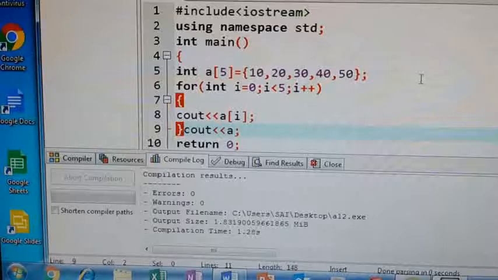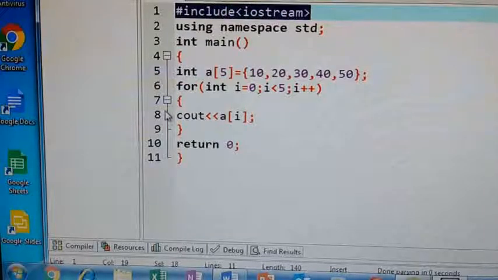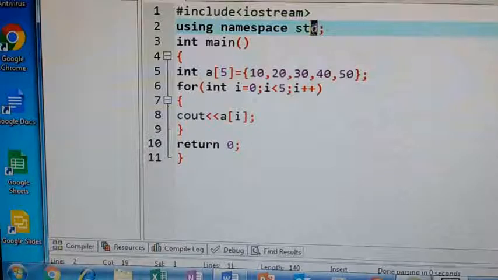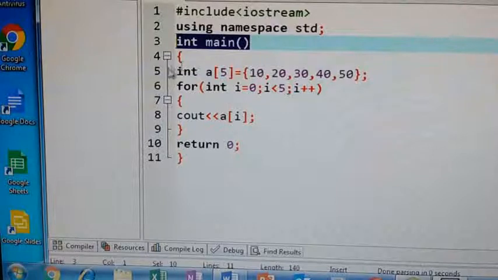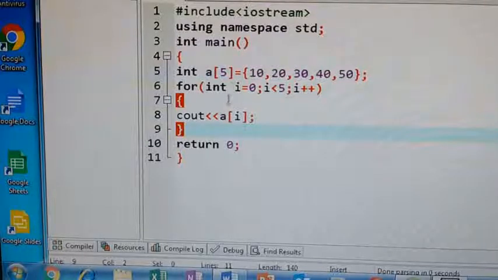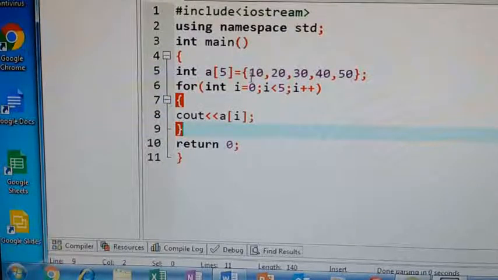Now you can take out this. Here, how this program is executed: this is iostream, a library file, and in this library file we have a number of modules. From that we are using classes of std. Next, it is a main function. Your program execution starts from the main function. Next, here int is a data type, and a is the name of the array, and in that array how many elements are we storing? 5 elements. Now what are these elements? 10, 20, 30, 40, 50.